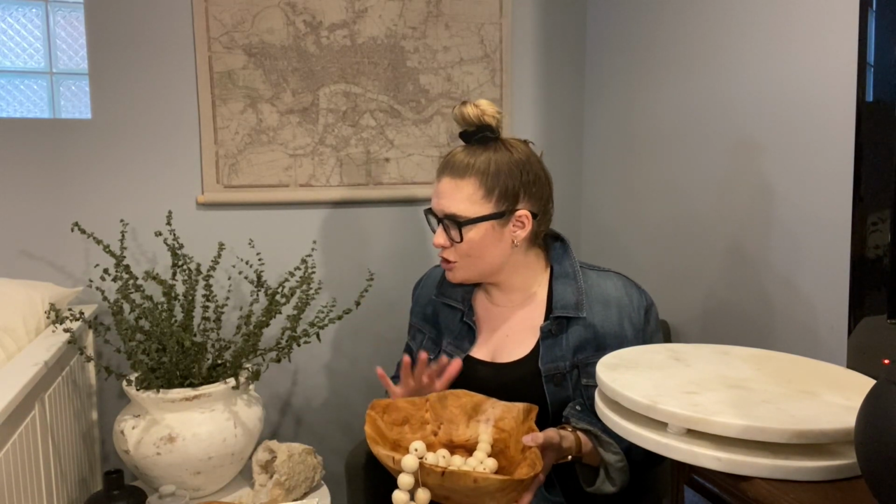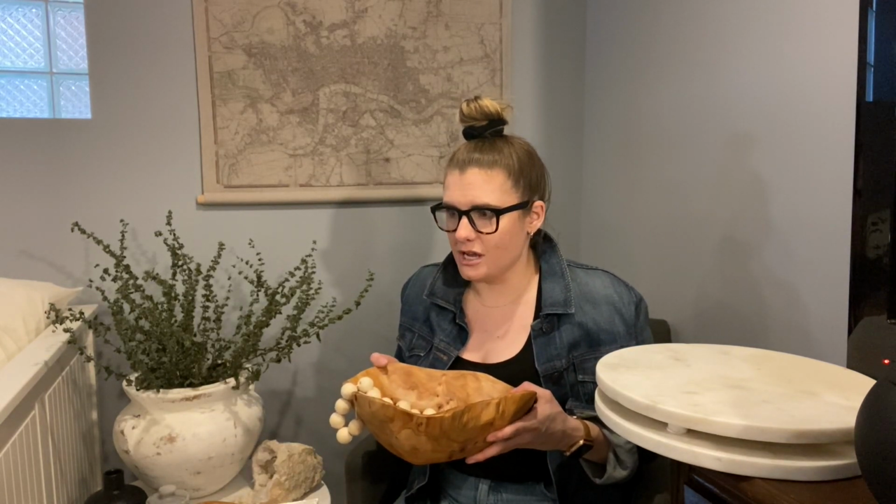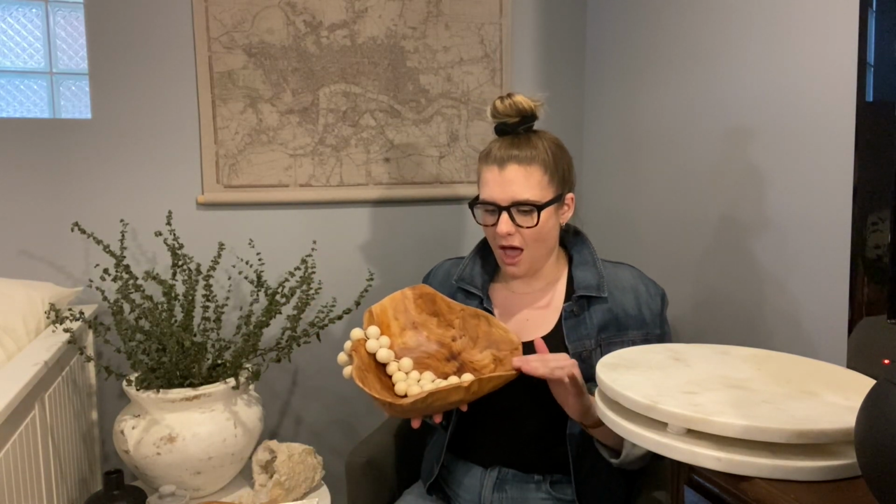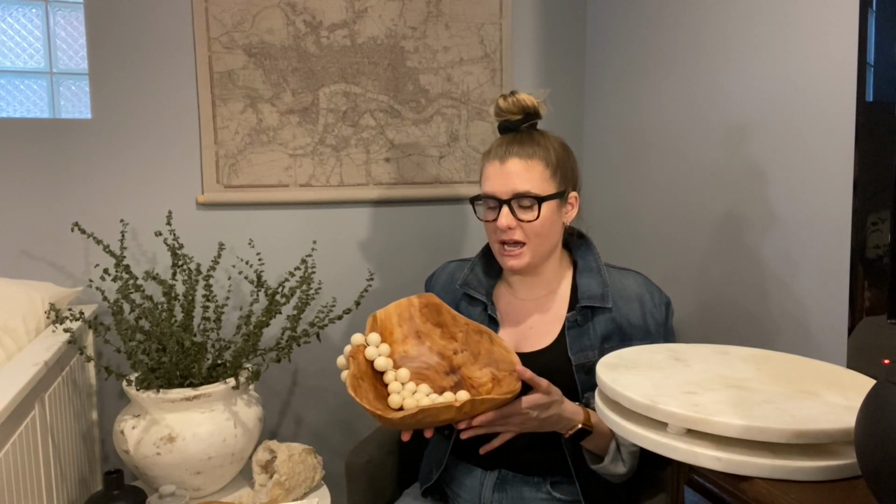Okay, so Homegoods. I was just really vibing a natural bowl the day that I went shopping for stuff for the house to stage. So I got this gorgeous bowl. I just couldn't say no to it, to be honest with you. I want to say this was $24.99, a little expensive,